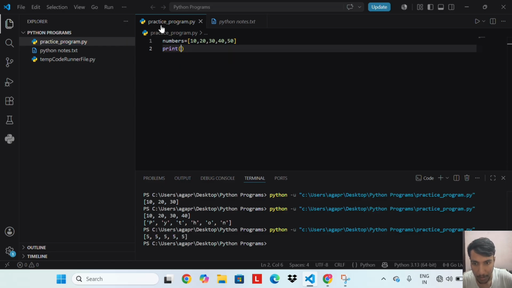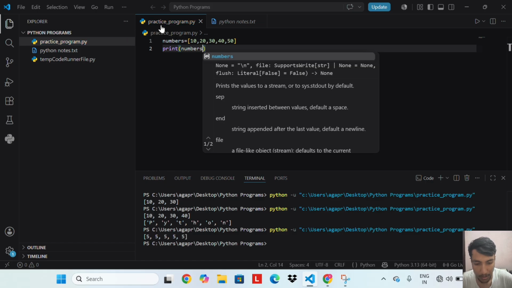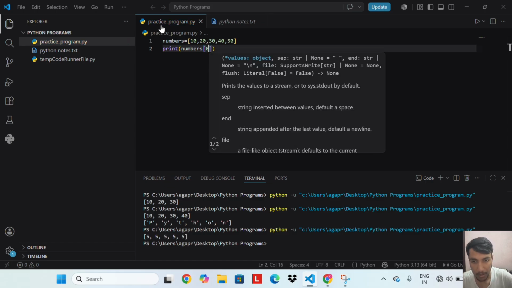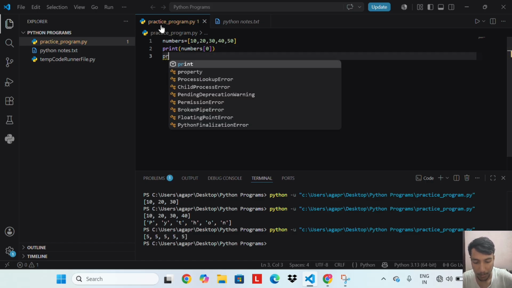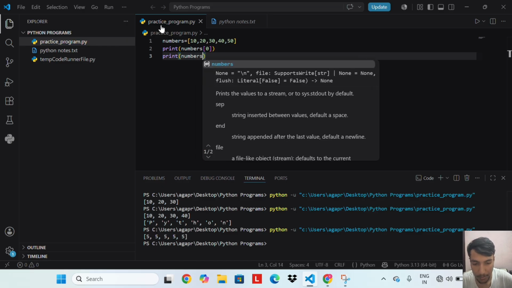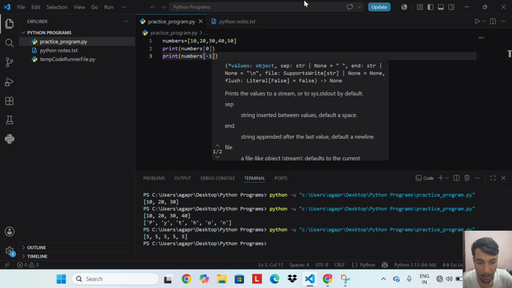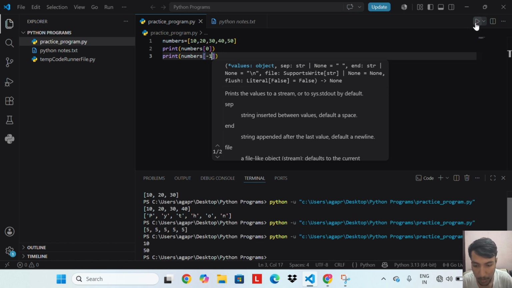Print numbers 0, print numbers -1. Let's run this code. We get 10 and 50.